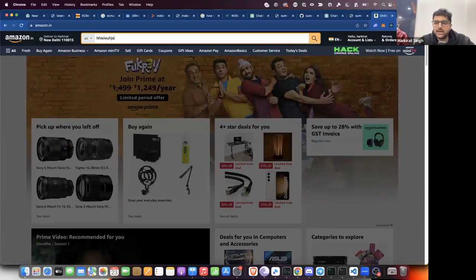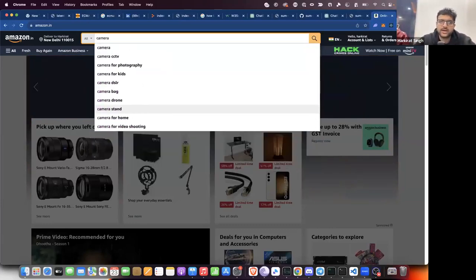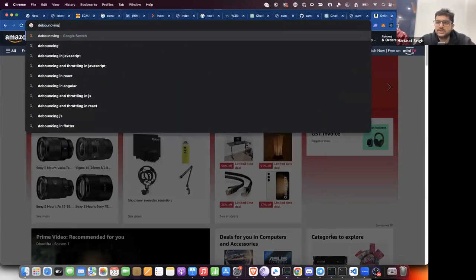They know Harkirat is typing really quickly. Let him complete. Let him finish the whole thing. If I type camera, maybe it does not send the request on CAM. It waits. Okay, let him finish. And then I will send the request. This is what is called debouncing, which basically means you don't send out the request immediately